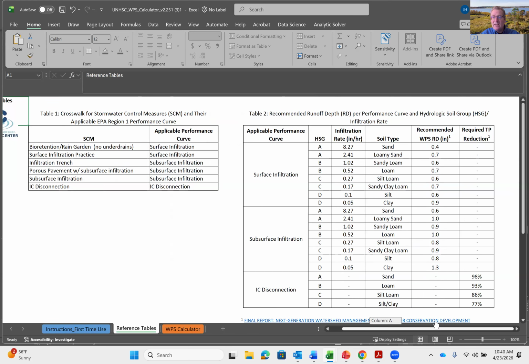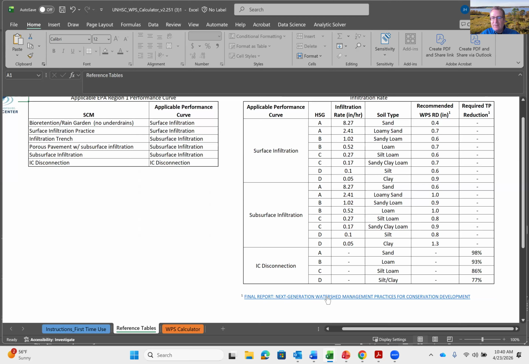All the data, again, developed from the Taunton study, goes into that. We also reference that final report where you can dig into all the details of how this modeling was developed. So we're not creating the modeling, we're just adopting the good science that was already developed through that Taunton study project and trying to implement it in a meaningful way.